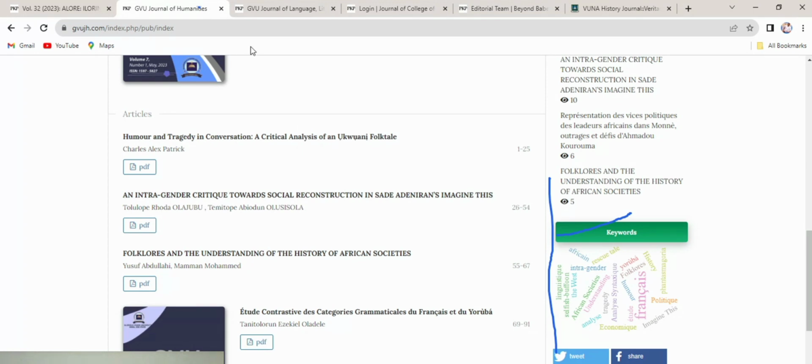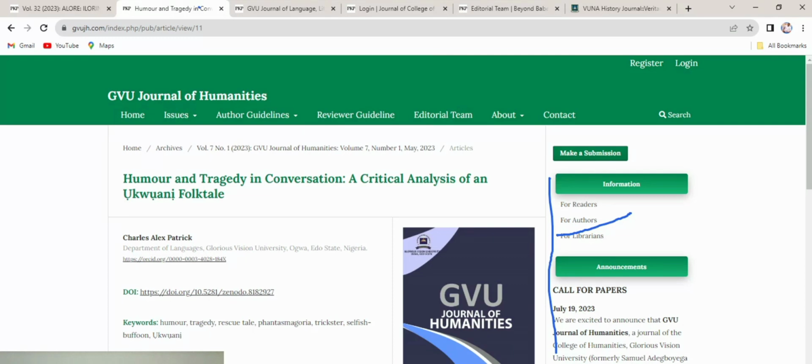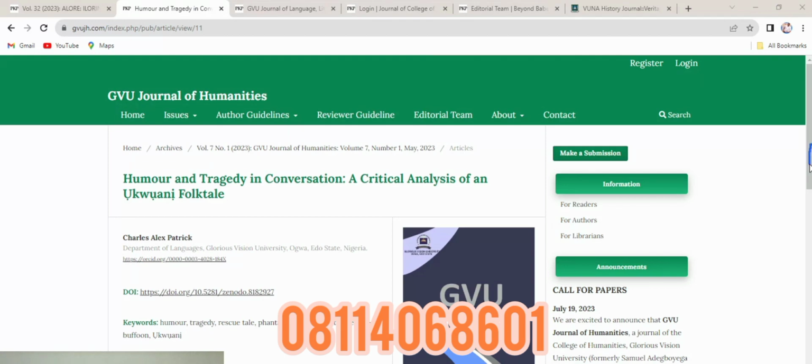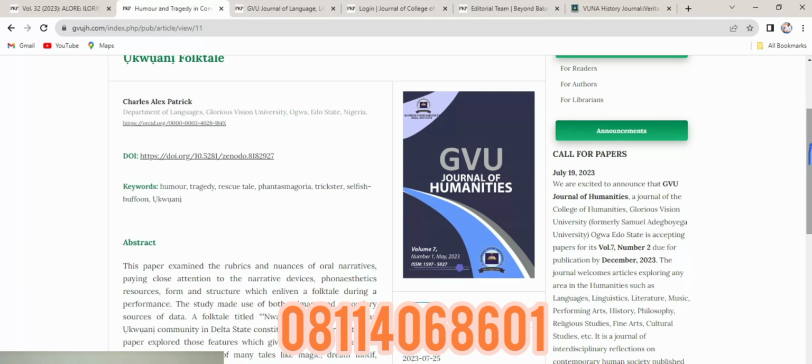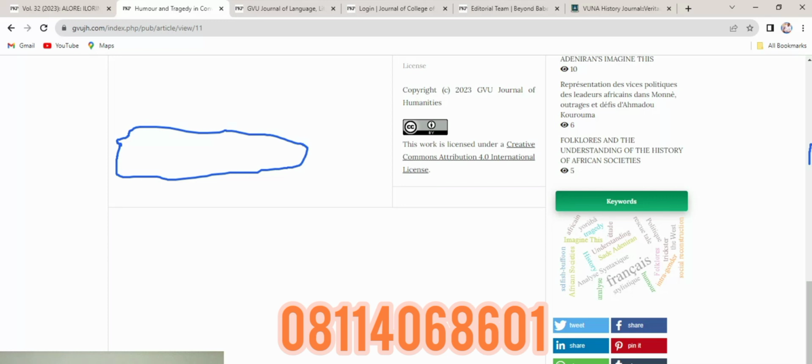Very good. Now if you click on this article, for example, now you can see that this article is bringing out DOI, which we have not seen in the other one. So I will show you how this is embedded in the latest version of O.J.S. So now let's go back down, not the back end, but the bottom of this journal. See what is here. Now the latest version of O.J.S, I told you earlier that